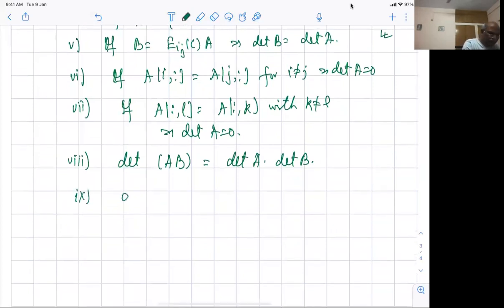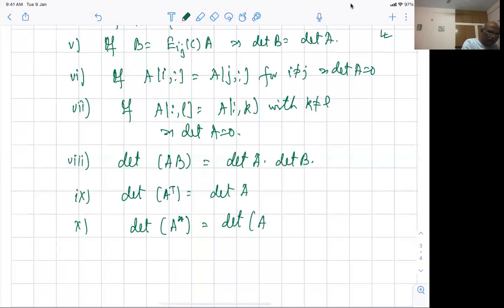9, the determinant of A transpose is the same as the determinant of A, and the determinant of A star is nothing but the determinant of A transpose whole bar. The bar will appear in every element, and therefore there will be a bar coming into play, so it will be the same as the bar of the determinant of A. Fine. So I'd like you to keep track of this. I'll not be proving them, but you need to know them.